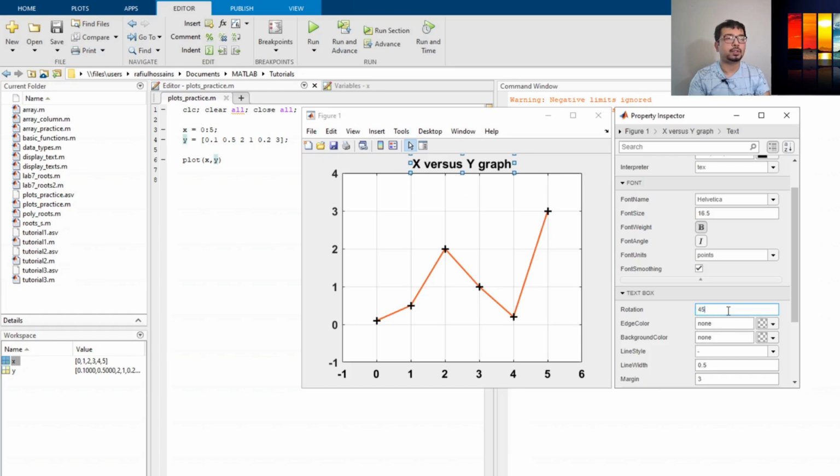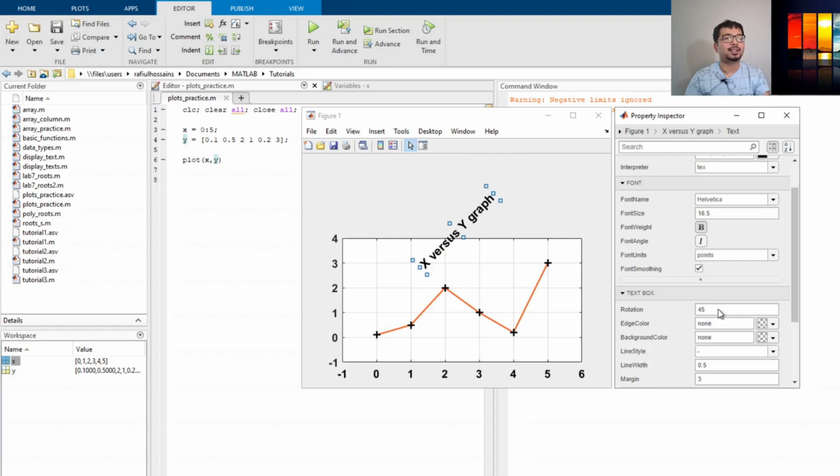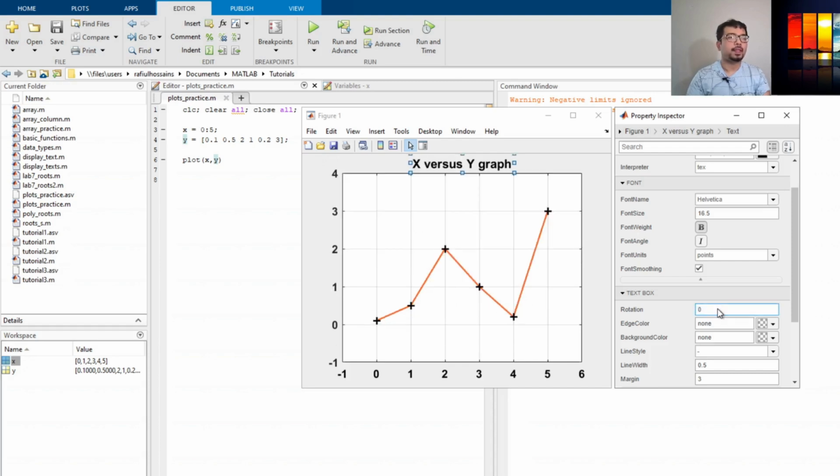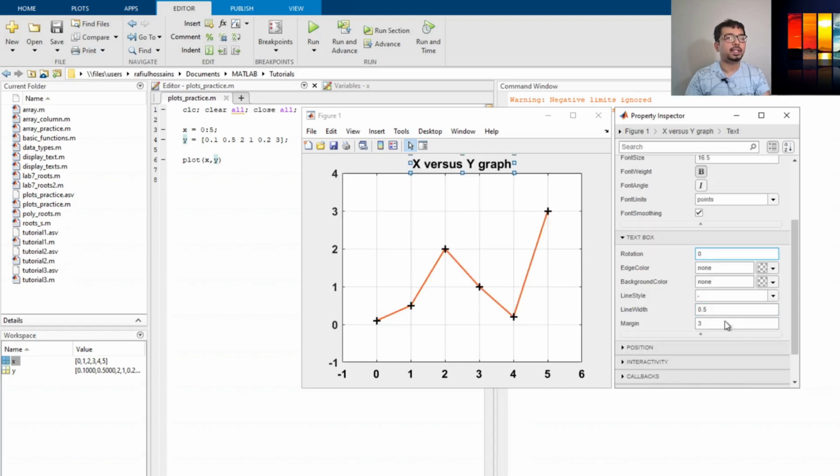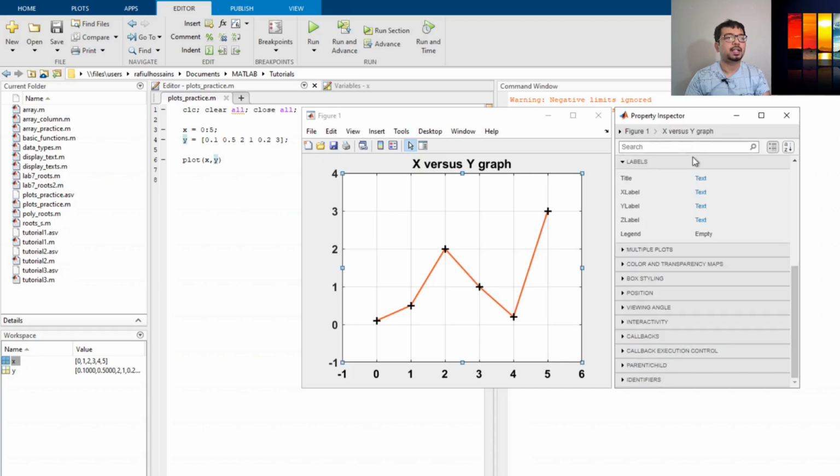Let's say if we want to rotate it 45 degrees inclined, we can have that. So depending on what we need, we can change it to any position or any colors we want. So let's go back to the original X versus Y graph. So I come here, instead of text, I click on X versus Y graph, and now we come to this